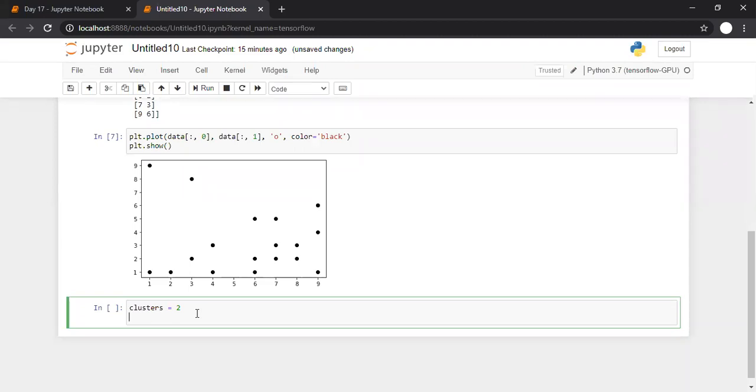So what they say is that points are near to a cluster center as compared to another cluster center. So we need some cluster center to start with. Okay, this is the center for cluster 1, this is the center for cluster 2. But when we have a huge number of data, we don't know where to start from. Which point should be used as a cluster center? That is a big question mark.